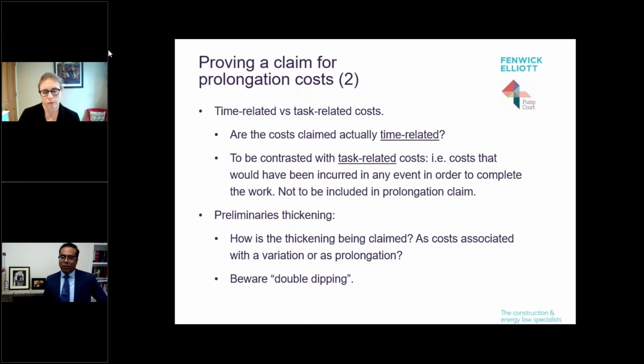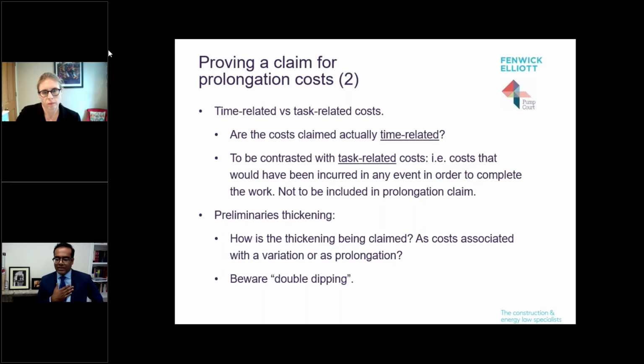And really, we find that preliminary thickening could be put into any one of those three baskets of claims. In my view, the best way to claim preliminary thickening is to be clear and specific about why these costs have been incurred. Normally, there will be an event, a key event, that required the thickening to take place. So, for instance, if there have been a raft of design variations and as a result you need more staff,